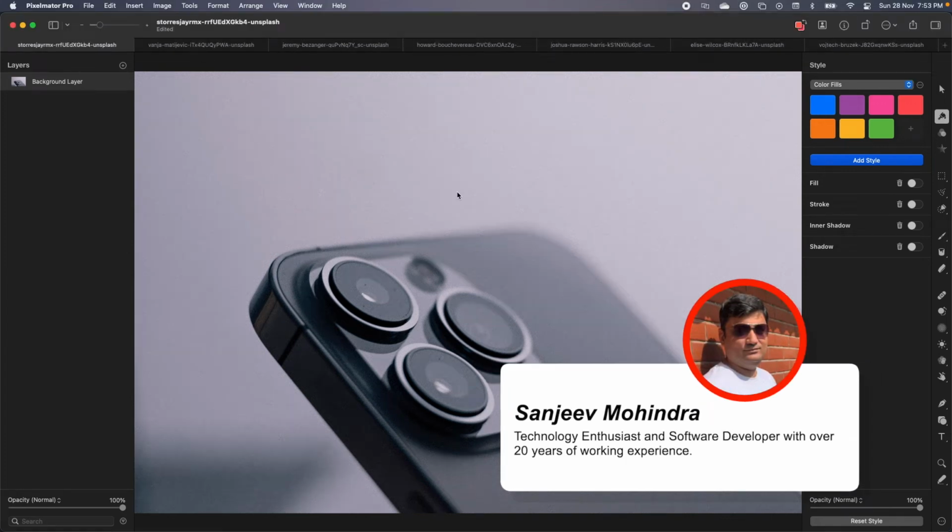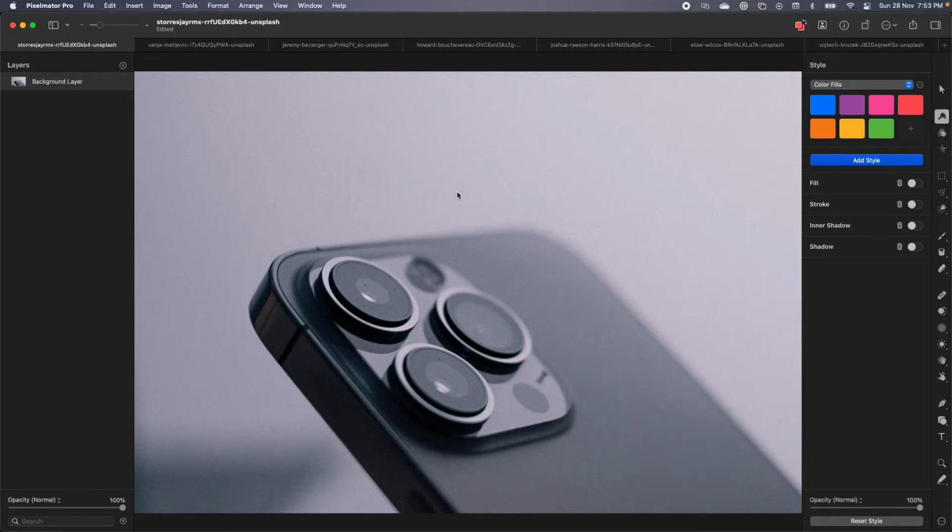In this video, we are going to check the newest release of Pixelmator Pro. In the newest release, they have released a new feature called background removal. So you can select any picture and just click on this button in the Pixelmator Pro, and it will automatically identify the object and will remove the background from that image. In this video, we will see how well the feature works overall and is it really useful for you guys.